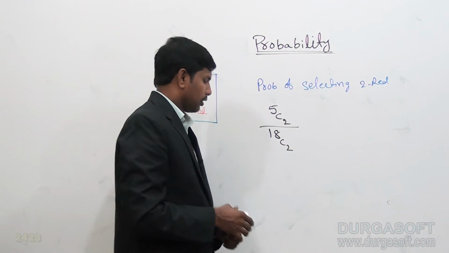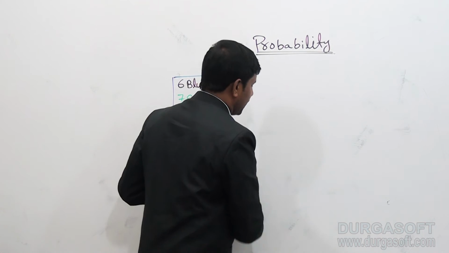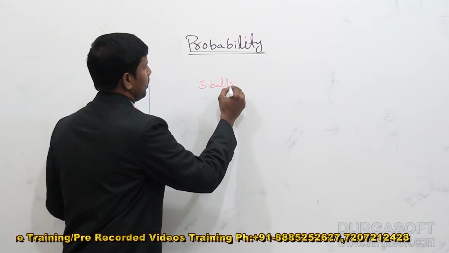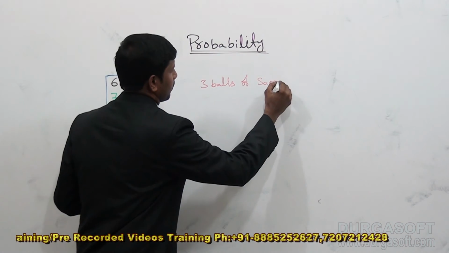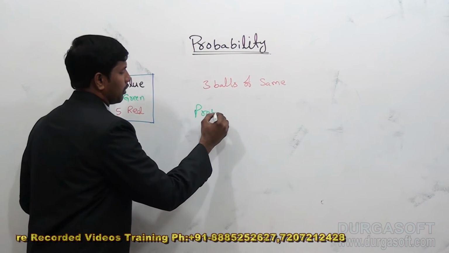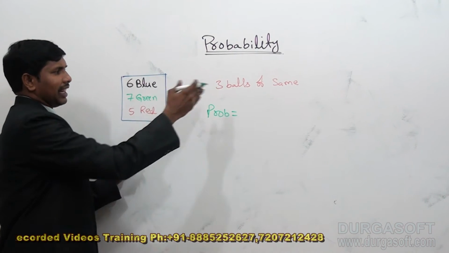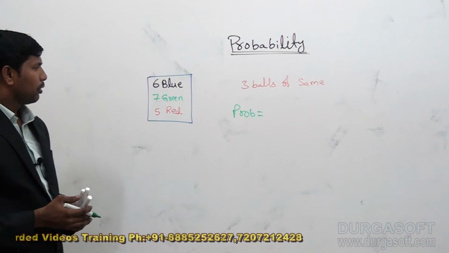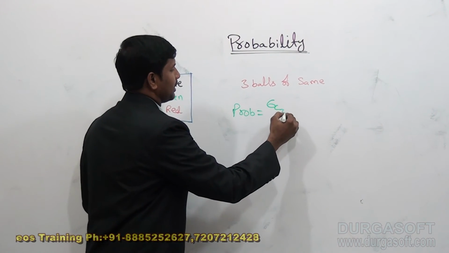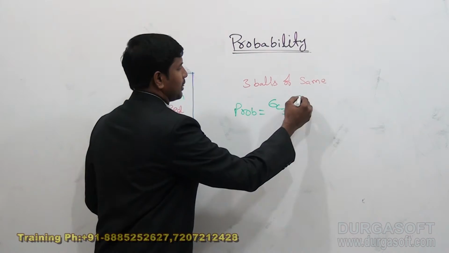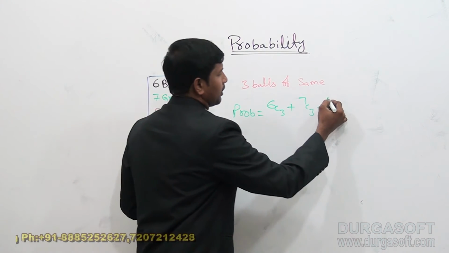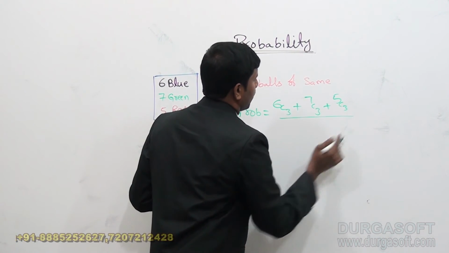Suppose I ask you to select 3 balls of the same color. So here what I want is 3 balls of the same color. When we are selecting 3 balls of the same color, I want the probability. So the probability is equal to, selecting 3 balls is nothing but you may select blue or green or red, any 3 of the same color I want. So it may be 6C3 plus 7C3 plus next red, that is 5C3, by